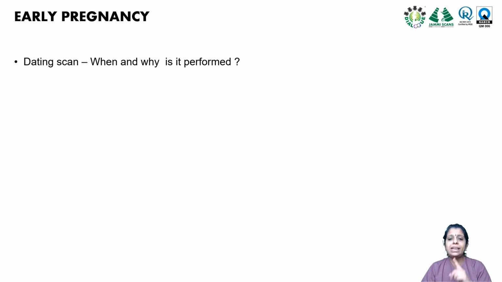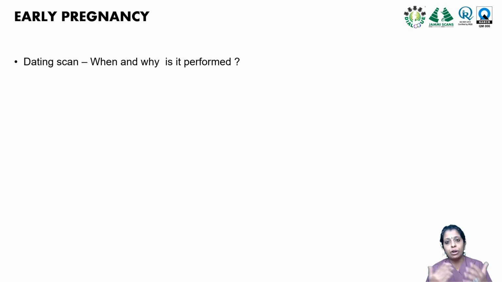Dating scan, when is the ideal time? So when we see when is the ideal time, we obviously want to locate the sac. We want to know whether it's intrauterine or extrauterine. But apart from that, the ideal time for a low risk gravida or say a low risk primi, or where they do not have much of risk factors which has been seen earlier, then the ideal time would be anywhere between 7 to 9 weeks of pregnancy, because after 7 weeks is when the CRL becomes a lot measurable,